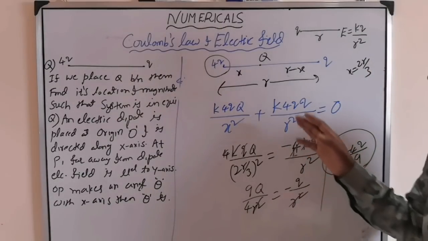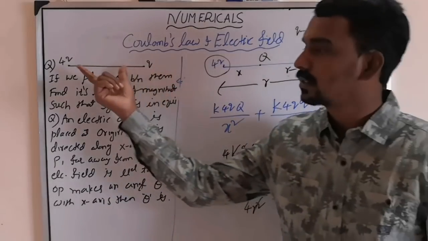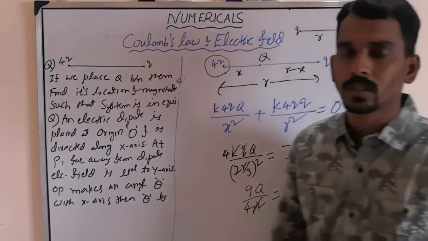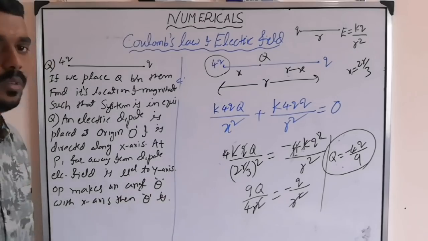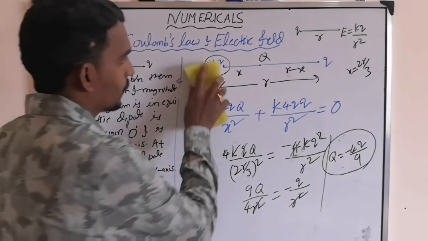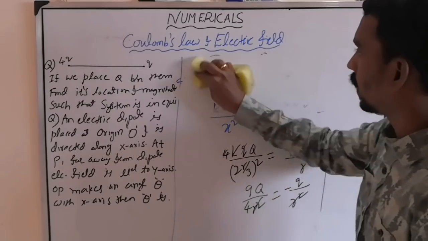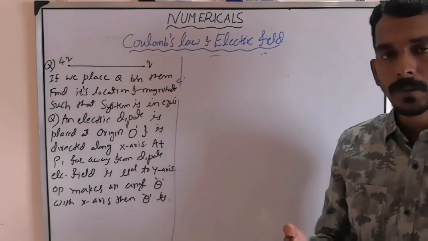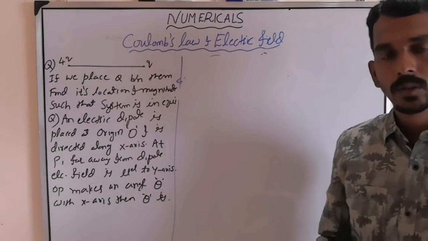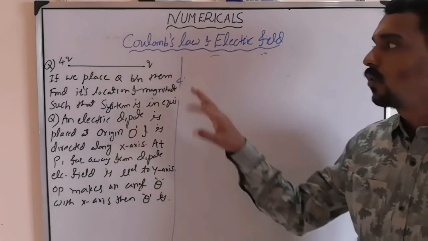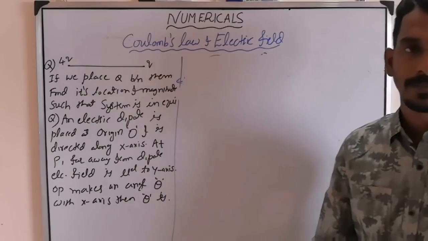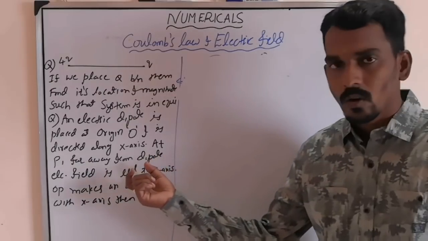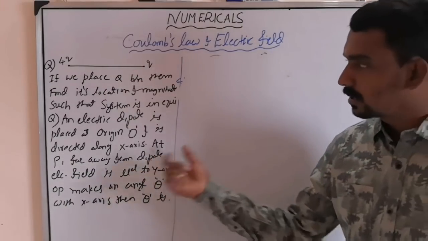So the way they can ask questions based on the two charge combination, we have discussed in detail. And I'll give you questions based on this in the assignment. So please try to do it. Right? So this is one of the important models related to electric field, where you have covered how to find the field due to a point charge, how to find the field due to a number of charges, and how to find the equilibrium situation. All these things. Now, let us discuss one more question. What is that?